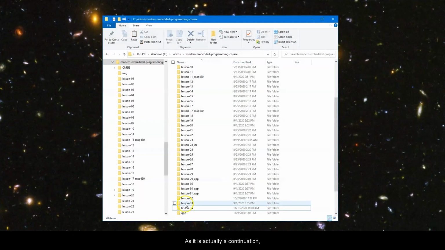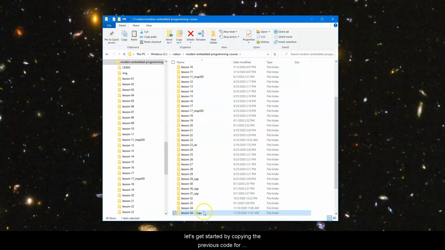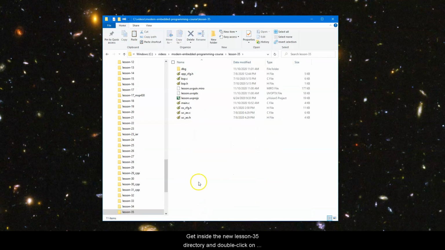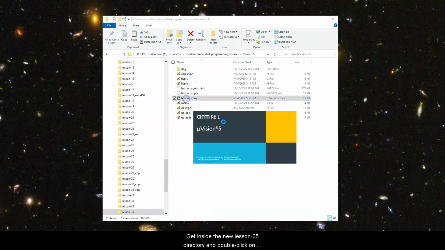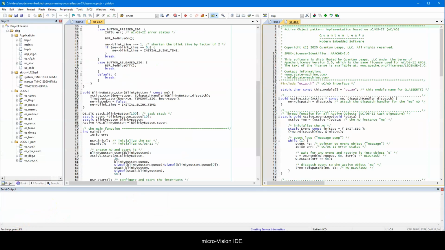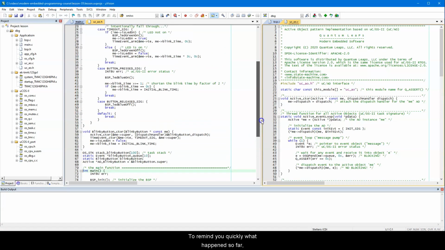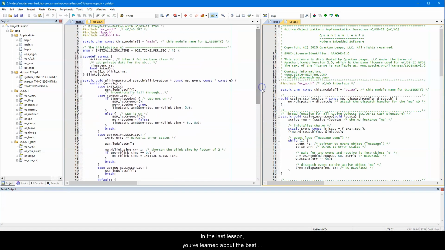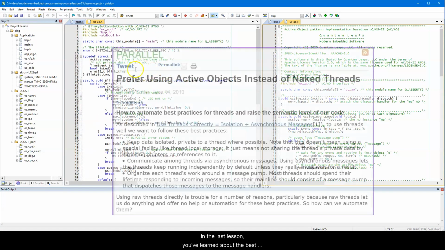As it is actually a continuation, let's get started by copying the previous code for lesson 34 to lesson 35. Get inside the new lesson 35 directory and double-click on the project lesson to open it in the ARM Keil Microvision IDE. To remind you quickly what happened so far, in the last lesson you've learned about the best practices